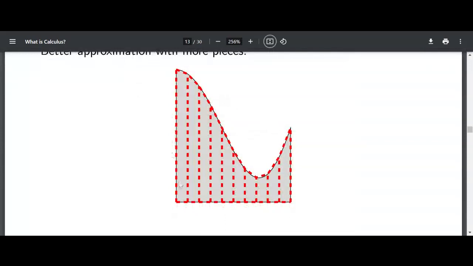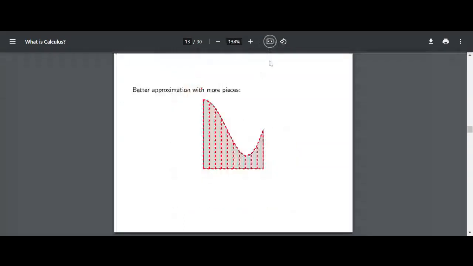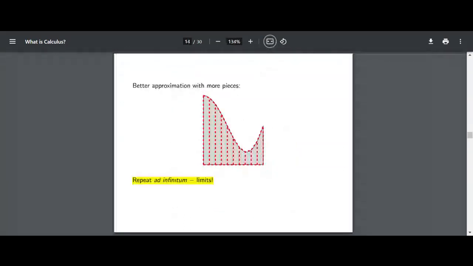In this picture, I'm using 10 pieces. And looking at this now, there's still some error, but it's not that noticeable anymore. If you look at the top, okay. All right. So yeah, this idea of if we were to